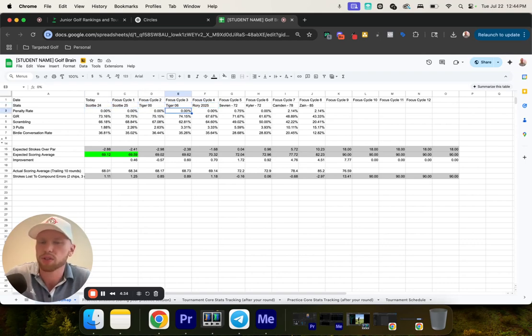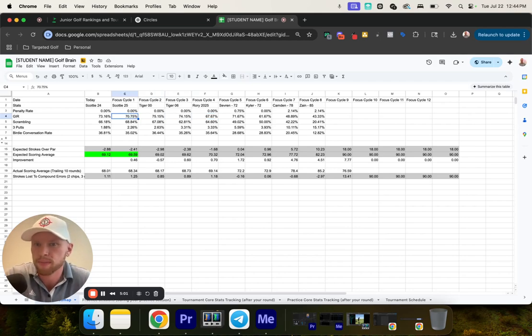Penalty rate, I'm just assuming 0. PGA Tour players don't hit the ball out of bounds. Even when they do hit bad shots, they've got galleries to hit into and they get drops. So it's not really a thing that gets factored in their scores. Greens in regulation, you'll notice all these players have very high greens in regulation. Rory has definitely the worst. And when you reflect on this, Rory this year compared to everything else, he probably has not had the best year out of these